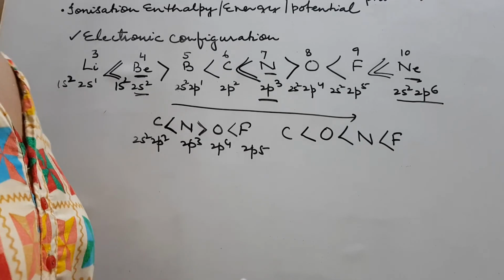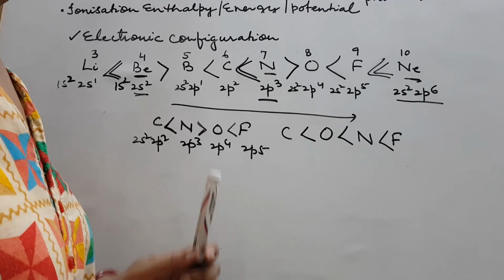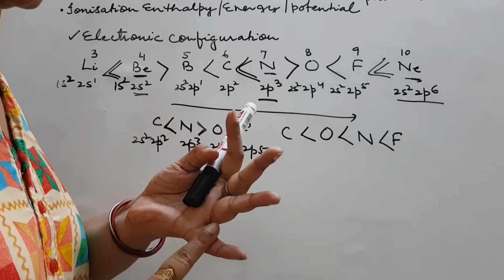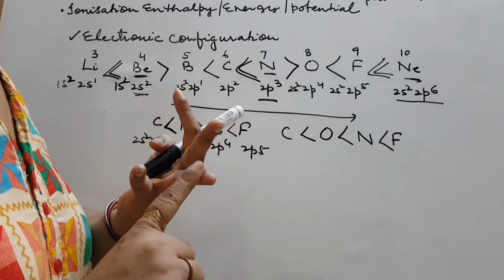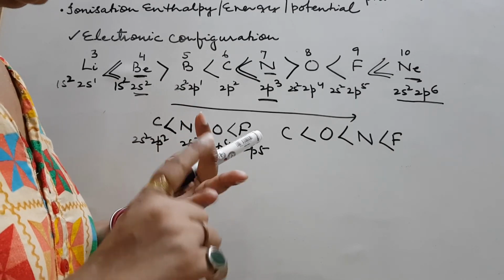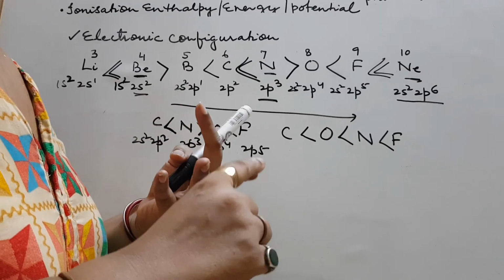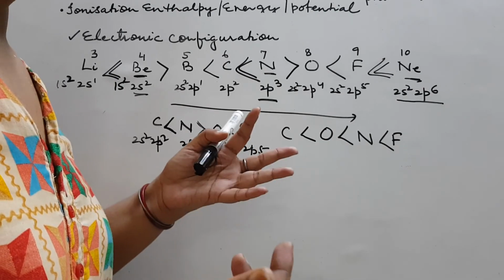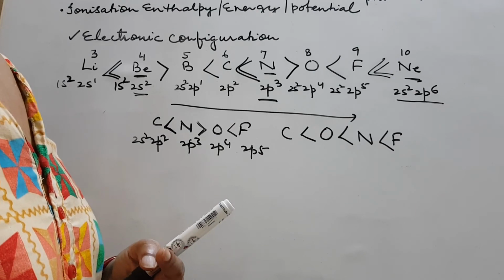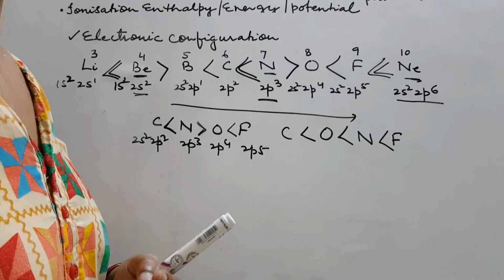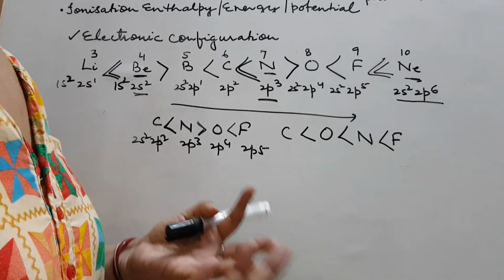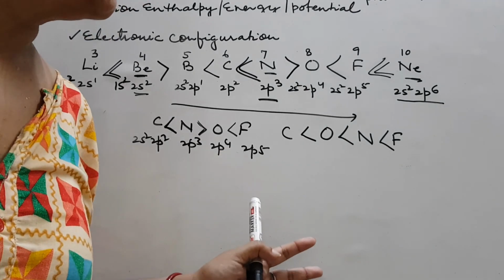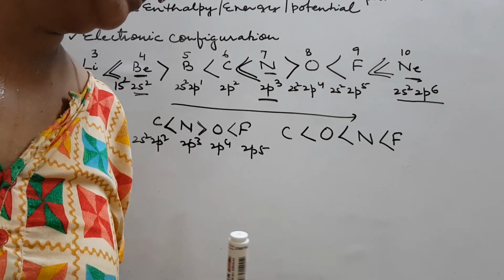In my next video, we will discuss some questions based on this ionization energy. So I hope these points are clear to you. One was the size factor. Number 2, it was the screening effect or shielding effect. Then it was penetration power, like it is from s, p, d or f, right? And then it was configuration. These factors were there. So shielding effect, screening effect, penetration and size, right? All these factors we have seen. So I stop here, and in my next video we will do some questions based on IE. Okay.